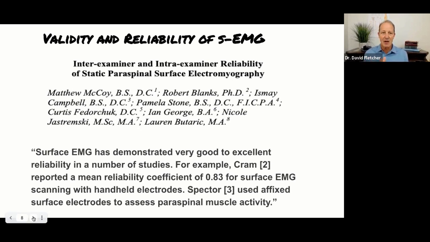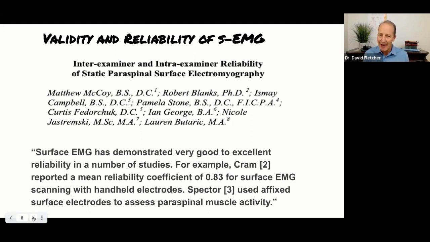Well, validity is associated with the right tool, if you would, to use for the right job. And so we don't use EMG in a chiropractic setting to look at the pain pattern. Many times, unfortunately, the clients or patients will get a scan view and it will show red in areas where they're not feeling pain, or it will show low colors in the areas that they are showing pain. And this can be confusing for them, which is one of the reasons that we've pioneered the use of what is known as a pattern graph. And I'll be teaching you much more about a pattern graph as we go through this whole process.